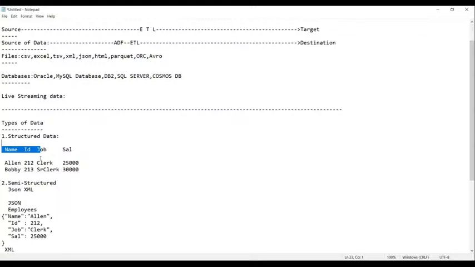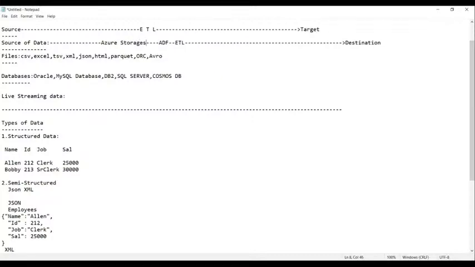Before we start the process of ETL, or apply ADF on the data, we need to store the data in Azure. That means Azure storages.